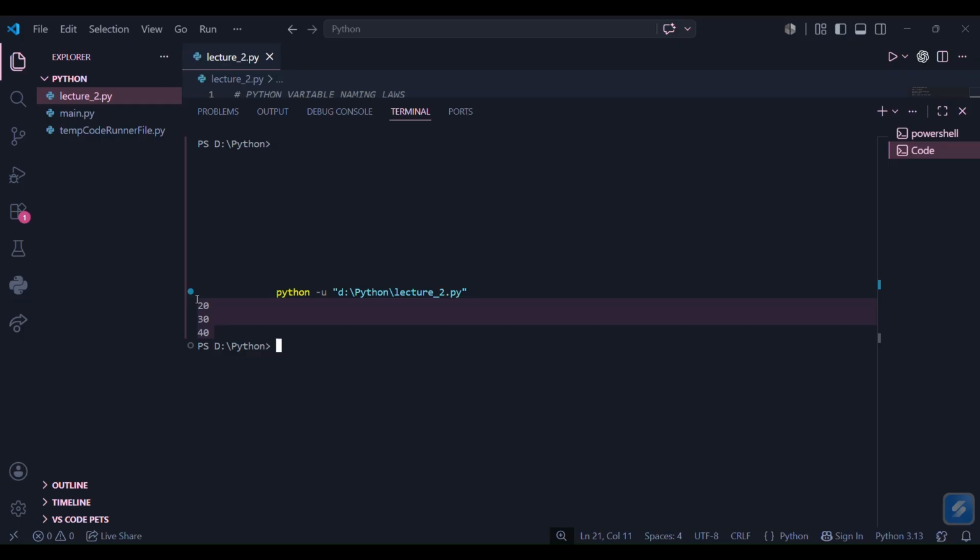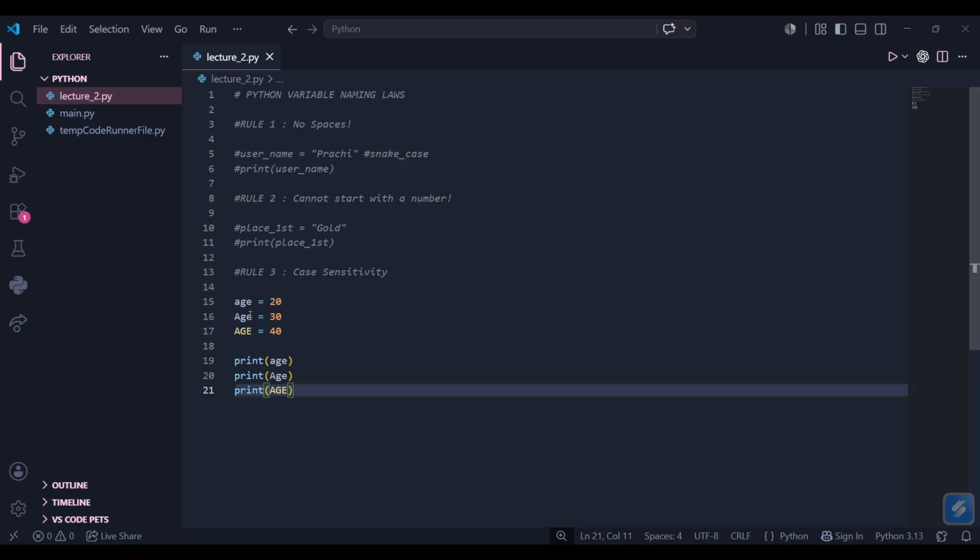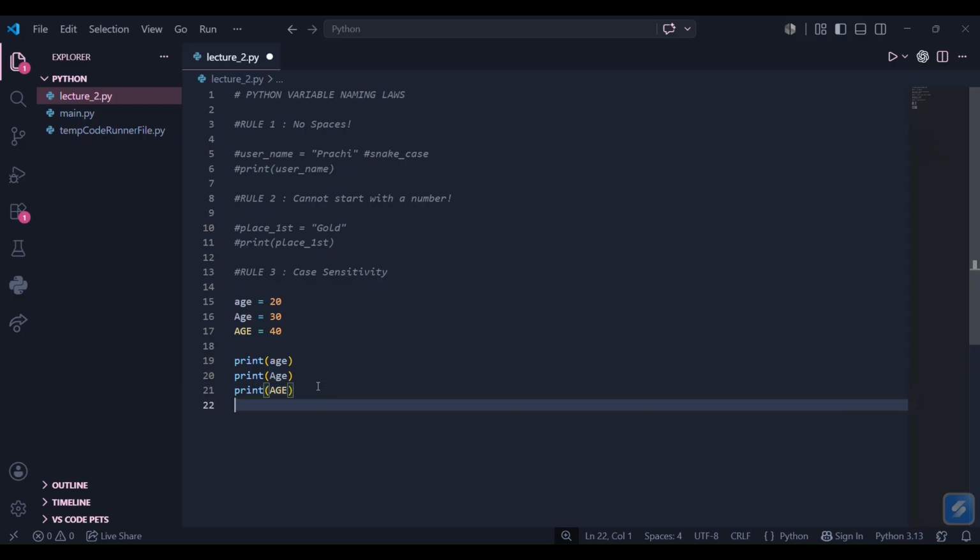So to keep your sanity and code clean, always stick to lowercase letters for standard variables. It's not a clear rule that you have to always use lowercase letters for variables, but mostly all of the programmers prefer to have their variable names as lowercase. Okay,